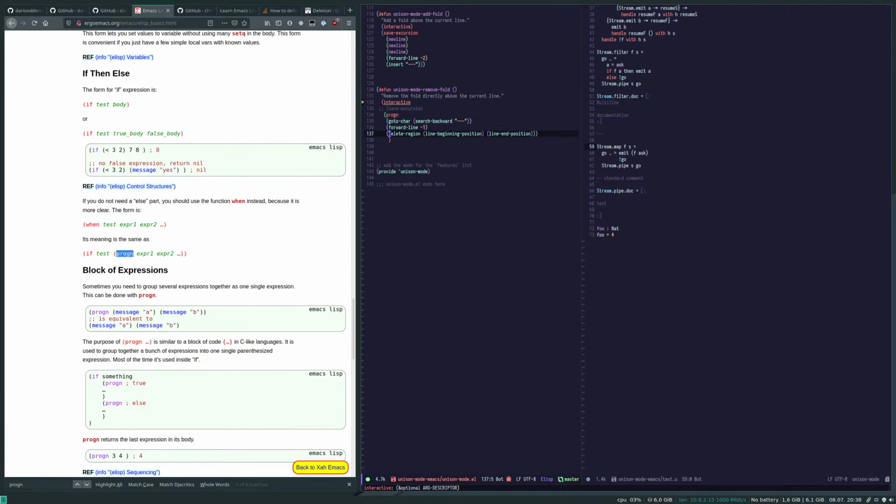Let's try. Okay, it moves to this line correctly. So I feel like if the line is empty, it doesn't get deleted. So what we can try to do is this. Let's eval delete region line beginning position, line end position. This gets deleted, but I feel like probably if I do it here,